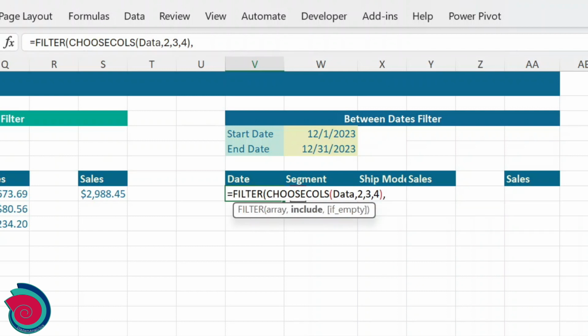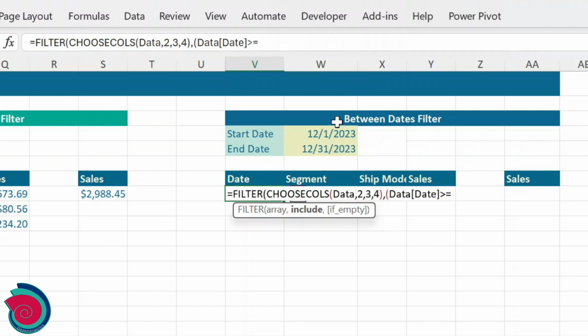And for the include argument, we want number 1, where the data dates column is greater than